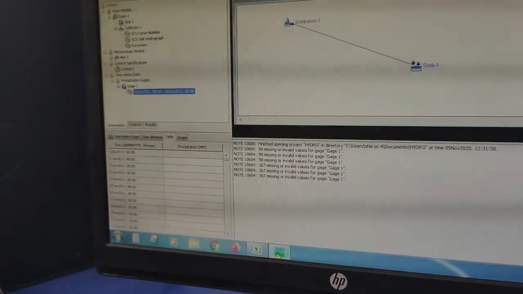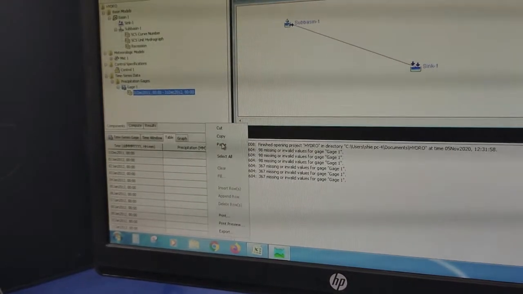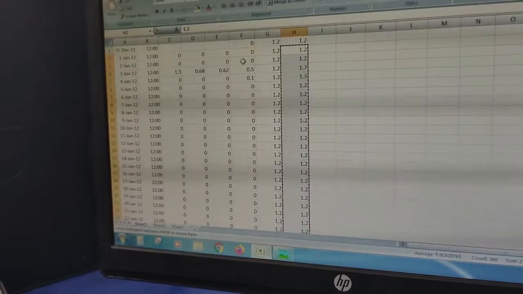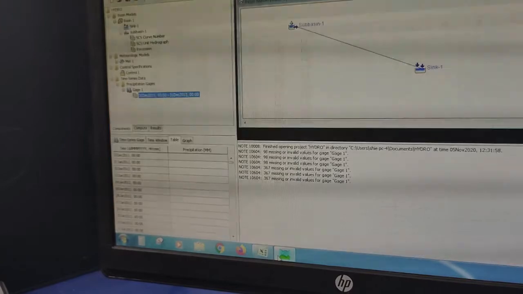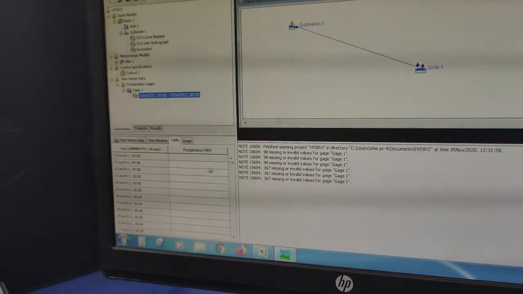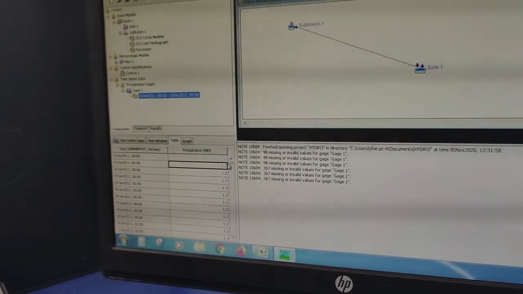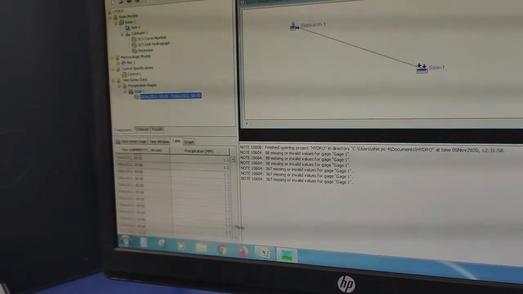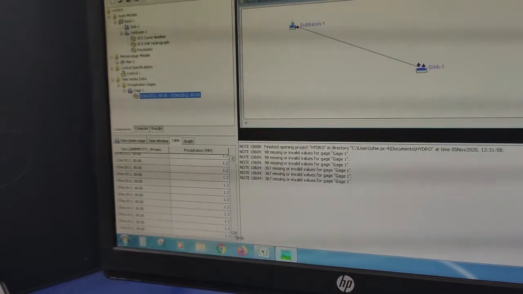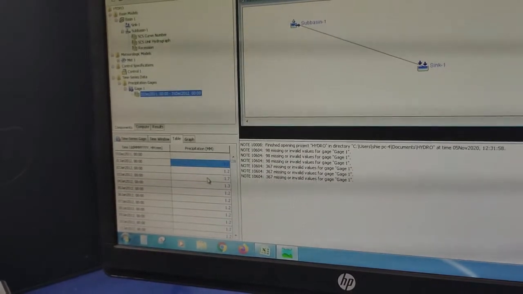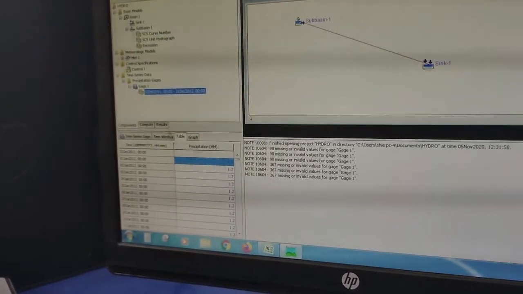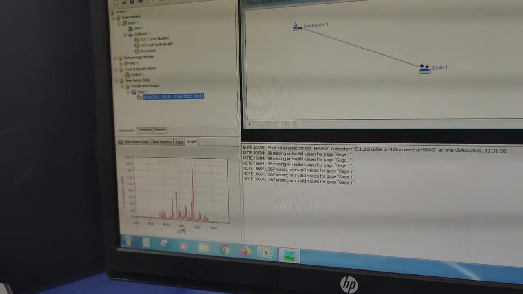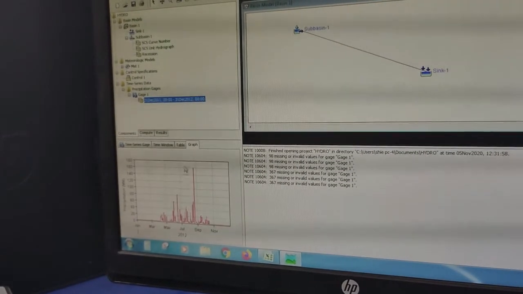Copy, and we'll just paste it. Okay. So all the precipitation values from 1st January 2012 to 31st December 2012 are now copied and pasted. You can see the graph over here during this duration.